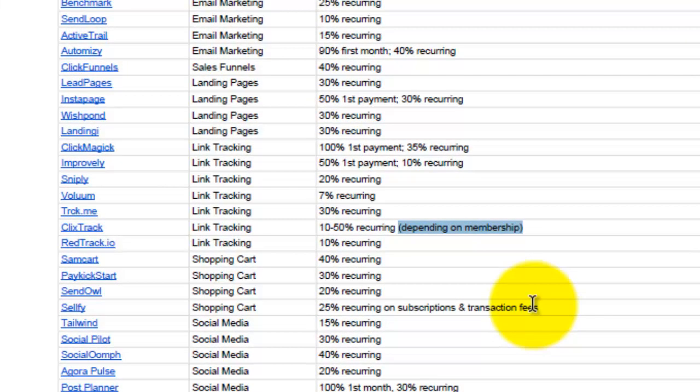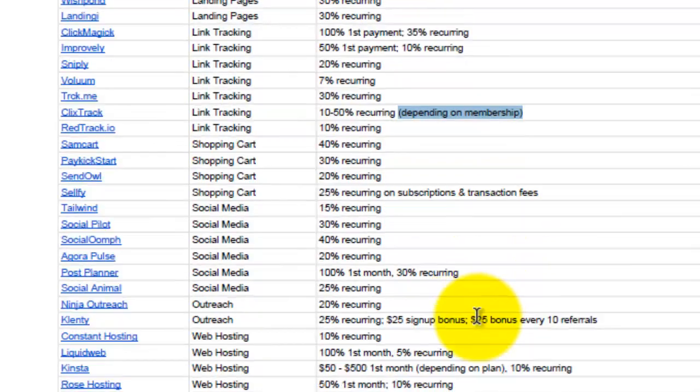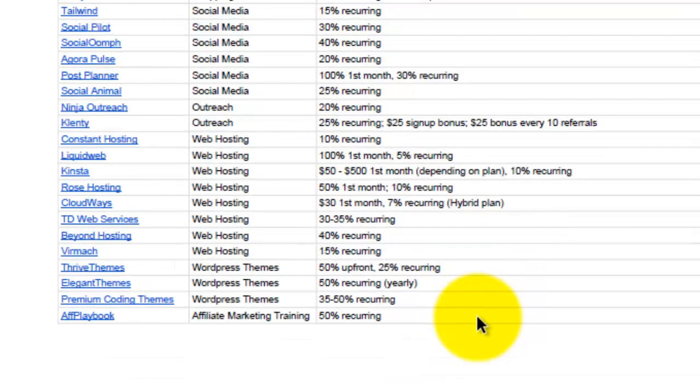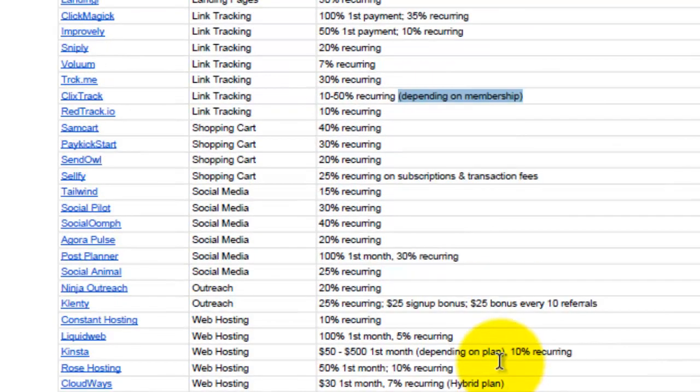All right, so as you can see, there are so many of them that you can aim at, guys. Imagine if you have all of these as the affiliate programs that you are into, and you make one sale, you are getting a recurring income. Okay, let's just say you have one person,